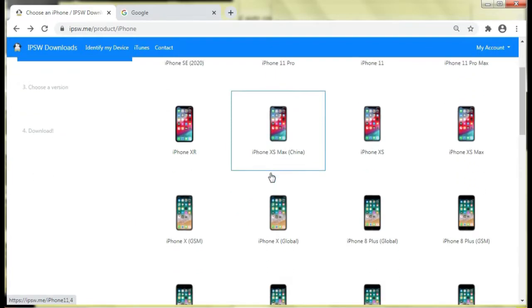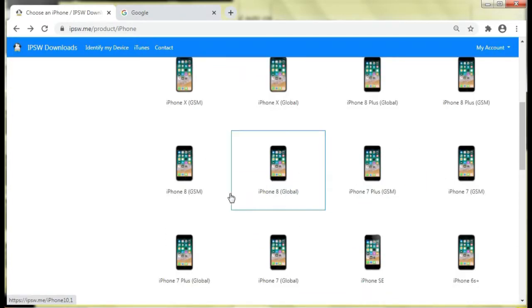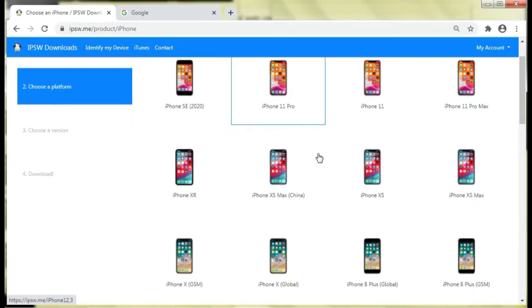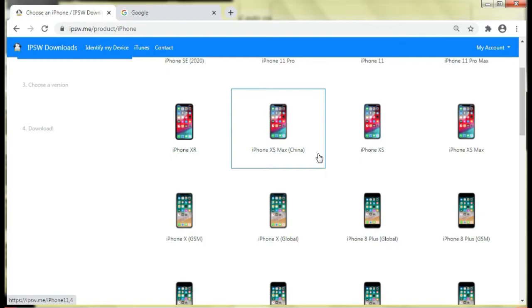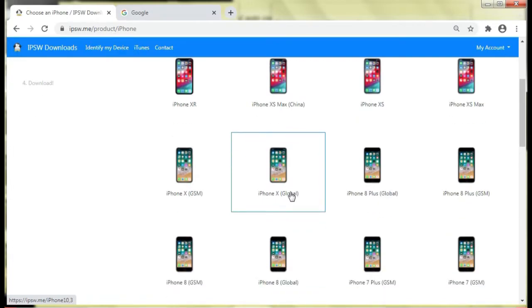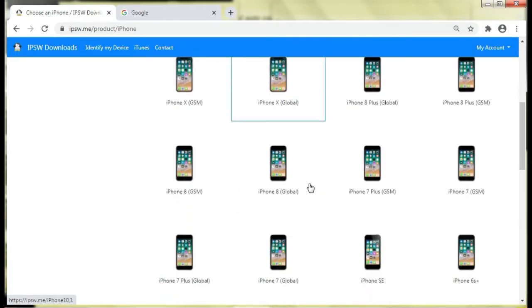SHSH blobs are hashing formulas, small pieces of data that are part of Apple's digital signatures. These refer to your device's ECID, which is a unique identification number embedded in your device's hardware. For example, you update to the latest iOS firmware. After that, you feel your device starts lagging. In this case, if you have saved SHSH blobs for previous iOS versions, you can easily downgrade to those.